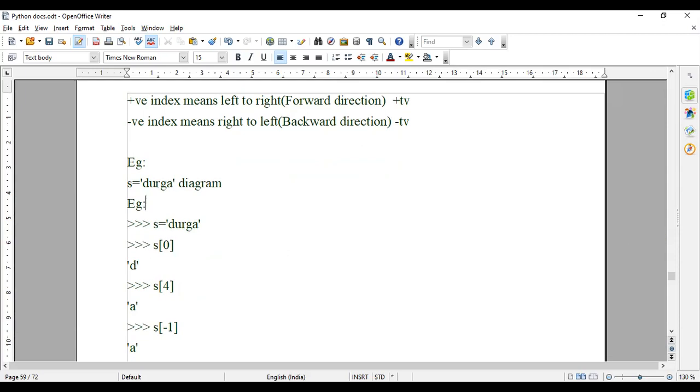So first of all, s5 is equal to Python. I know the characters are indexed 0, 1, 2, 3, 4, 5, but I don't know how many characters are in a long string.